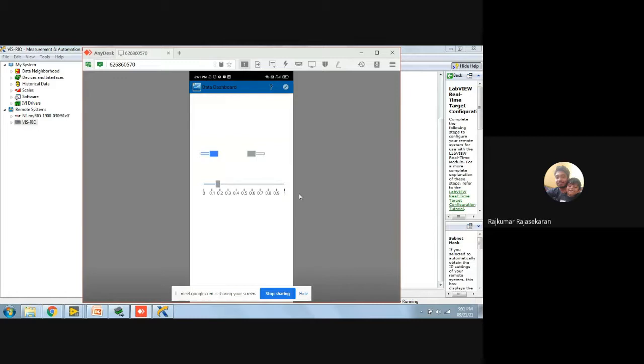So that can be shown by sharing, stop, turn on camera, and basically I can control this motor from my data dashboard here. If I switch off, it'll turn off. If I put reverse, it'll rotate in reverse.